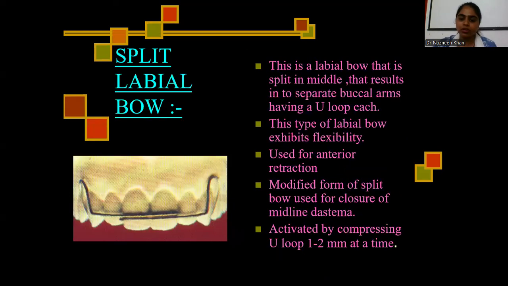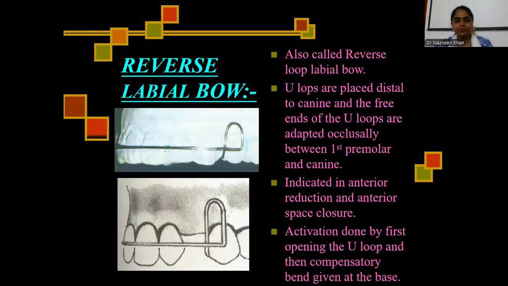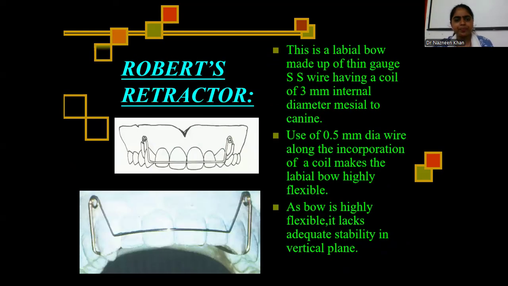Split labial bow is basically used for midline closure. These are the split labial bows. Reverse labial bow is used in the extraction space. Roberts retractor is a labial bow made of 0.5 mm gauge stainless steel wire